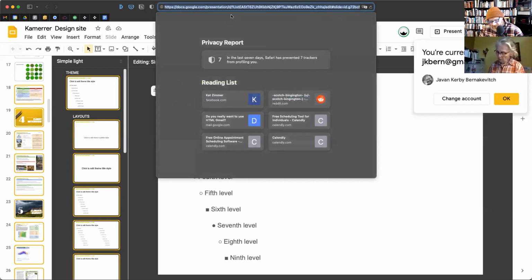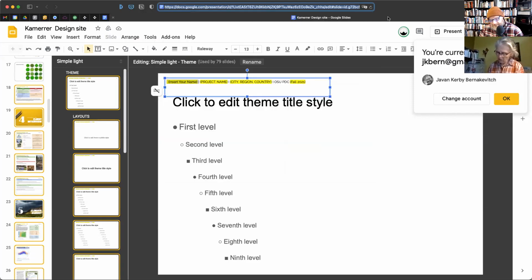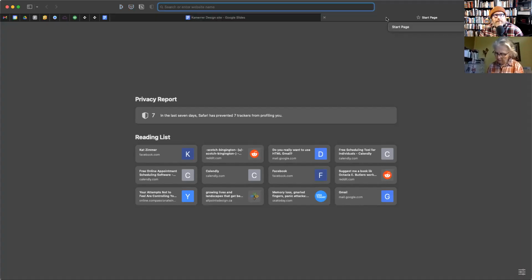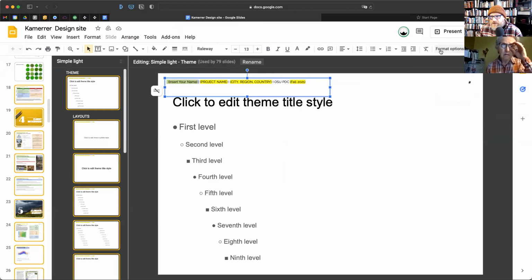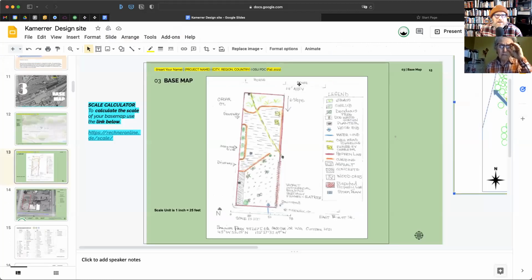I'm going to jot down the chain of steps. So you go to Slide, and Edit theme. I'm recording this, so you can have it afterwards. Okay, I'll just go back there. We've got a lot of little things up here. If we get out of this by pressing the X in the top right-hand corner,